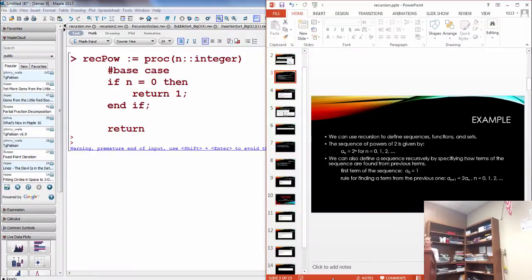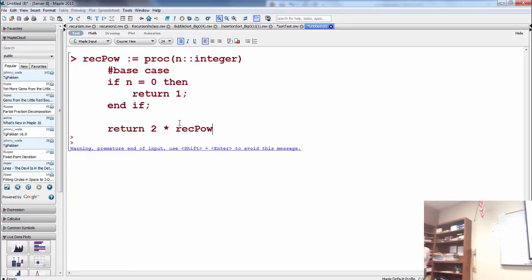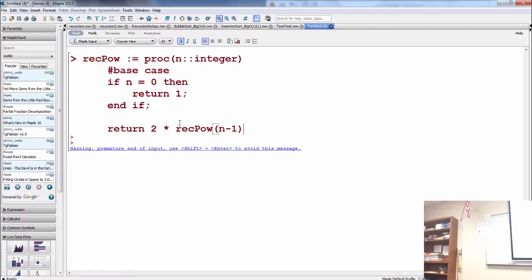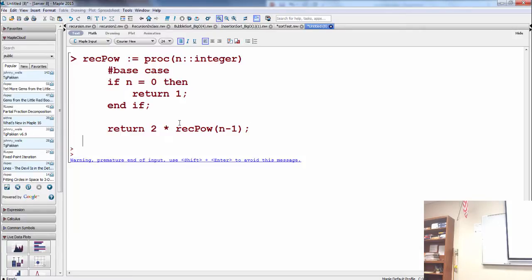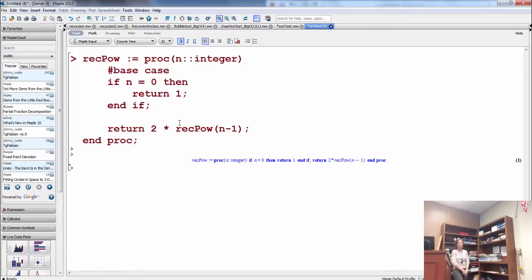All right. So hopefully you can hash that out. Let's hash it out real quick, right? So how would you hash him out? So you could return. You want to call your procedure again, right? So 2 times your recursive power procedure, so your procedure name, whatever you called him. And then, of course, you want that n to get smaller. And we're just doing recursive powers of 2. And then, of course, we have to end our procedure. We ended our if, so he looks pretty okay. And then you could test him.